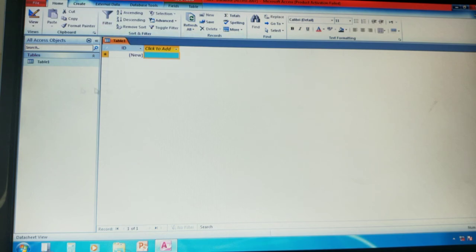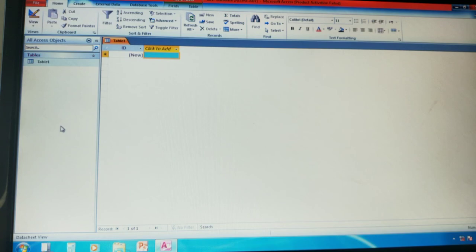At the left side of the screen, this part we call the navigation pane. Then what is the navigation pane? Whenever you create database objects, as in the last class we discussed database objects like table, query, report and forms, all these database objects will be available in the navigation pane.